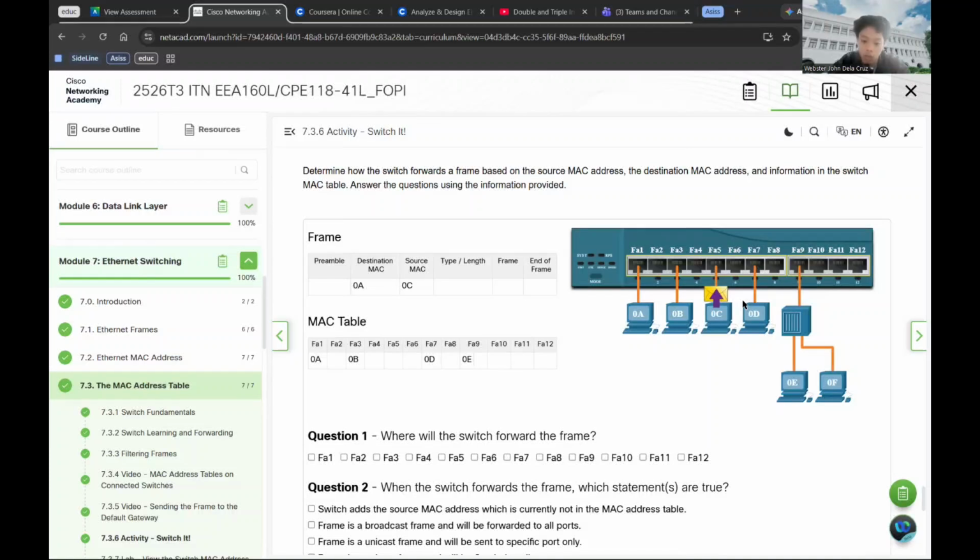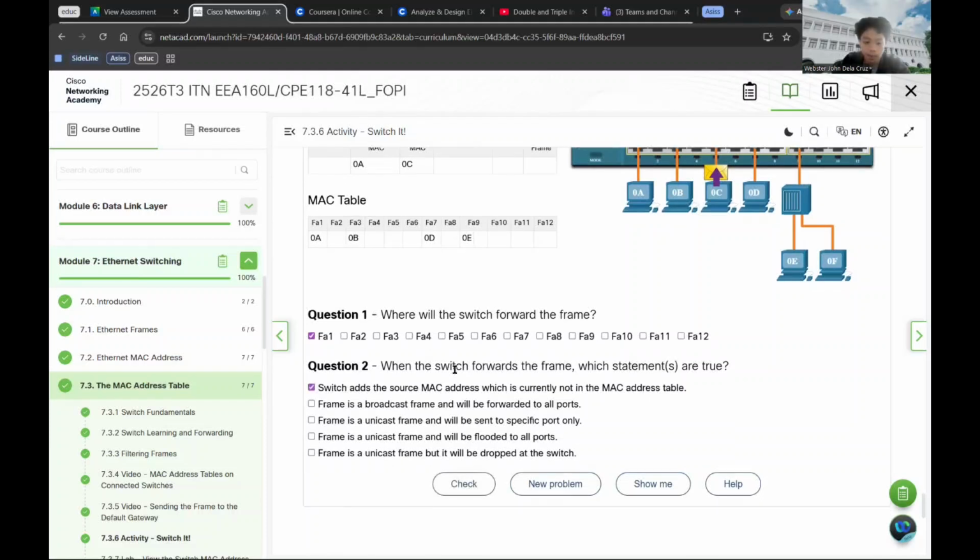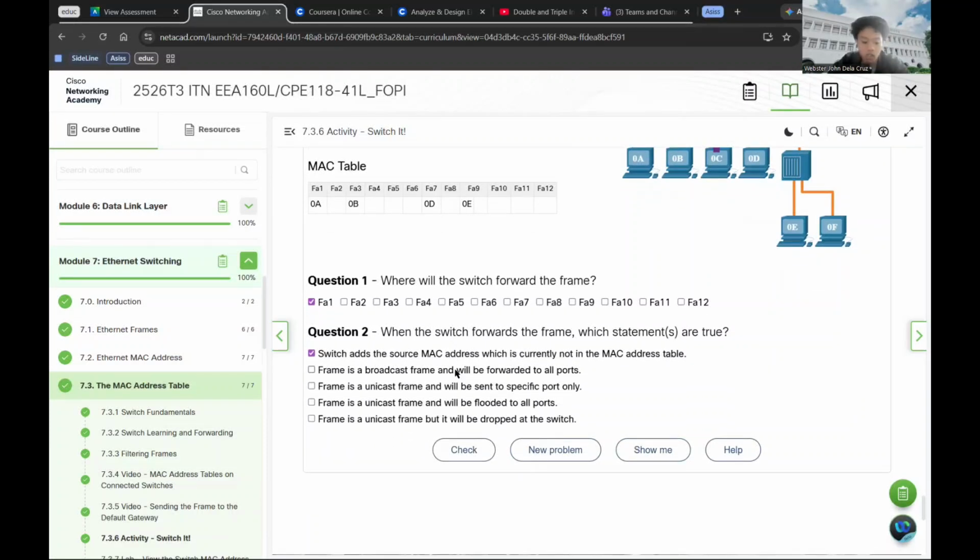So we're going to answer question 1. Where will the switch forward the frame? From the explanation, it is FA1. Then for question 2, when the switch forwards the frame, which statements are true? The switch adds the source MAC address, which is currently not in the MAC address table. Why? Switches continuously learn the locations of connected devices by examining incoming traffic.